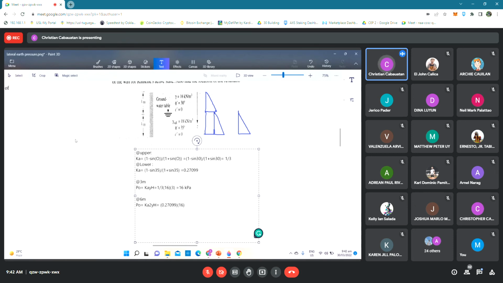So, yun. Ganun yung ginagawa kapag doon tayo sa square, sa rectangle part. Dito sa rectangle, hindi mag-iiba yung kanyang unit weight. And then, yung dito sa triangle part, sa second layer niya, doon sa bottom part, gamitin lang natin si gamma saturated. Okay? Doon lang mag-iiba dito sa side na to. So 16 times your height, which is 3 meters. Therefore, your value of PO is equal to